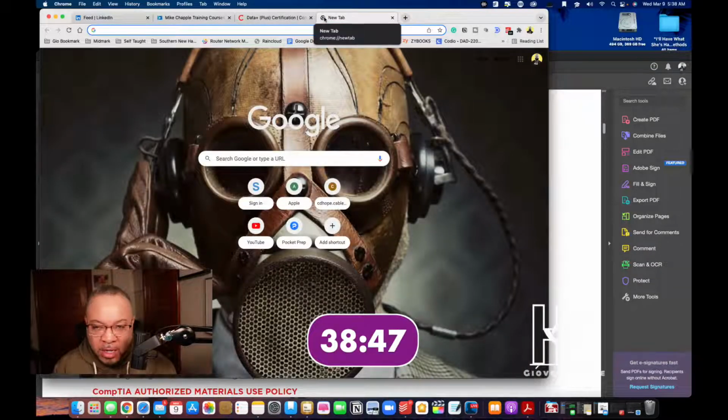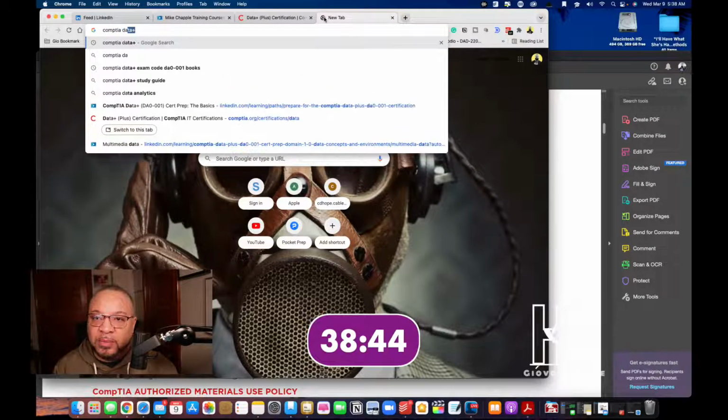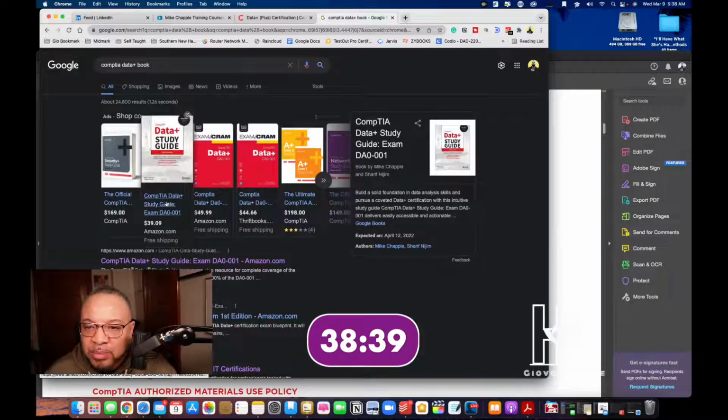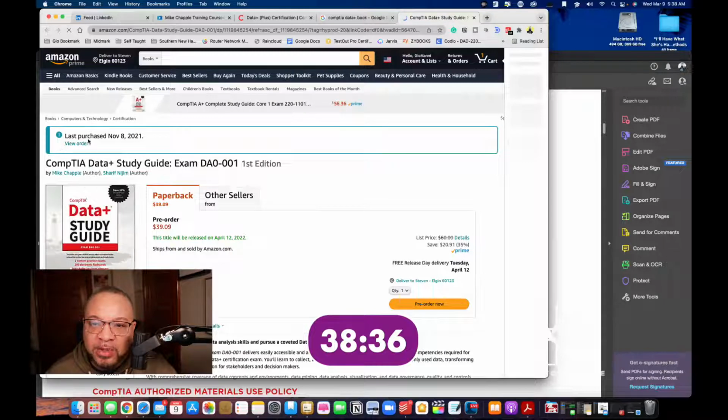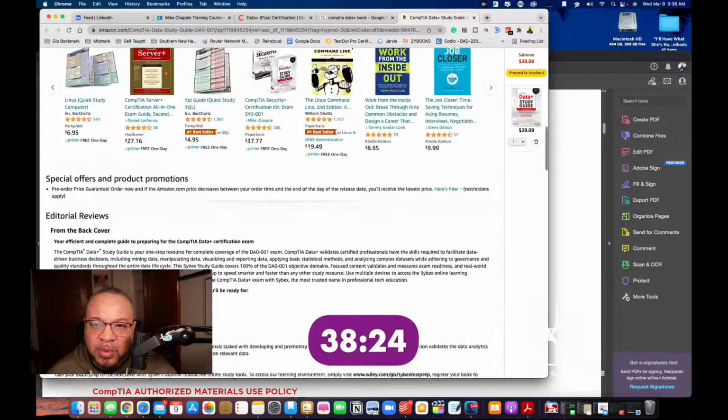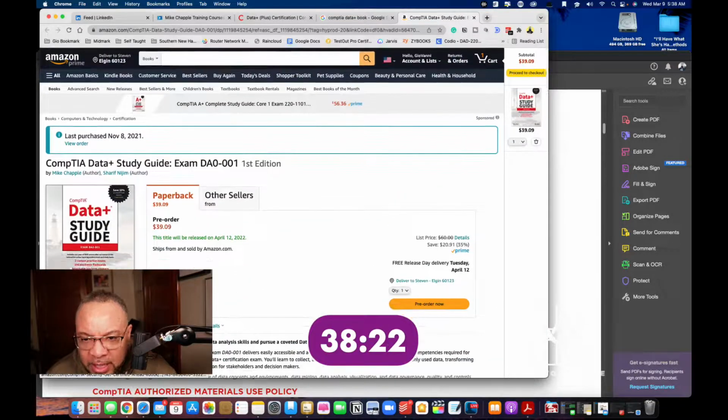Speaking of, we can check it. Okay, so his book is right here. And as you can see, I actually purchased this book or pre-ordered it long before I ever found out that it was out. But Mike is the person who wrote the book, if my memory serves me correctly. Yes, see, Mike Chapple. So he's the one who wrote the book, and that's the book that we're going to study from when it comes out. I'm just waiting. It's not even due to be released until April 12th, so we've got some time to work together.